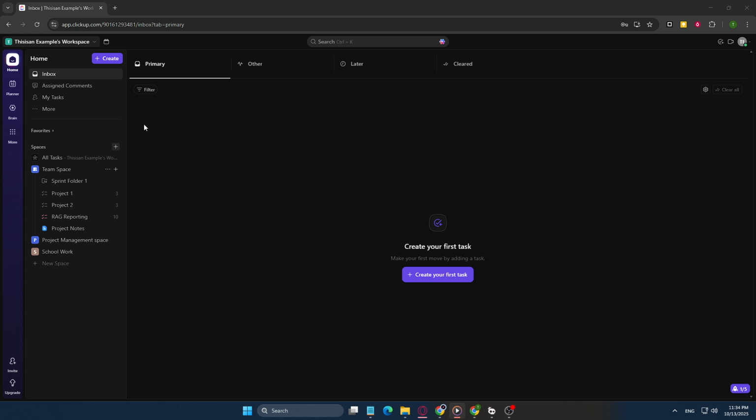Next, you'll want to navigate to Spaces within ClickUp. Think of spaces as the broad categories or divisions in your organization. Each space can contain multiple projects. Choose the space that houses the project for which you want to create a Gantt chart. It's important to choose the right one, as this is where you'll be spending most of your time organizing tasks